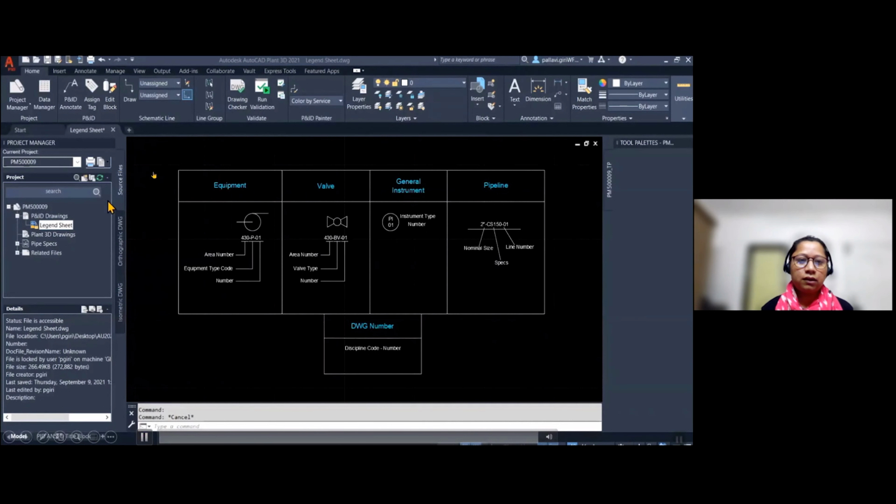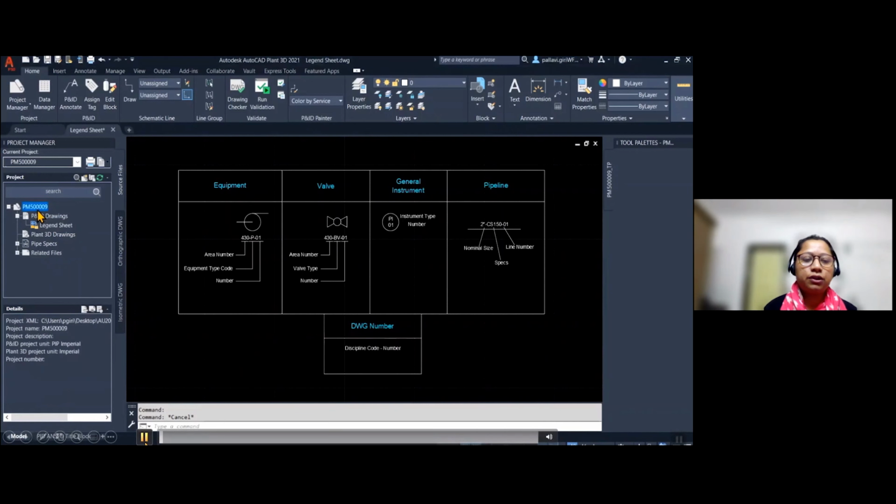Here you can see the legend sheet which I have received in DWG format. I have added it to the current project. This legend sheet has a few blocks and also text. I need to refer to this text and blocks to customize the project. Like in a cookery show, I already created a project instead of creating it in this session. This is a ready-made project, which I have created with my session ID. And the legend sheet is also added in the P&ID drawing section. So we are going to take this.